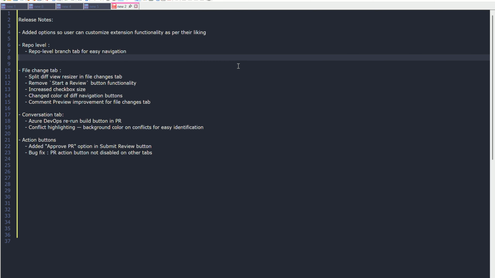With the functionalities we newly added, now we have an option for users so that they can customize what they want and what they don't in our extension. There is a repo level new tab added for branches so that users can easily navigate to the branches tab. Then a couple of changes in our conversation tab, a couple of new functionalities in action buttons,